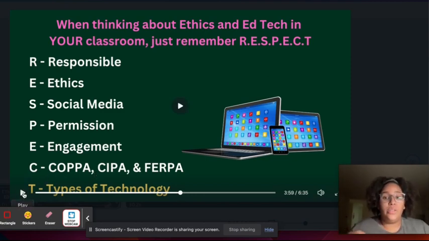We need to not only explain the importance of logging out, but also show them: if I forgot to log out of something, let me go back in, and this is the way to do it. There are ways to log all of your devices out on Google. It's annoying when you forget to log out of one thing, but it's for our children's overall protection in the long run.